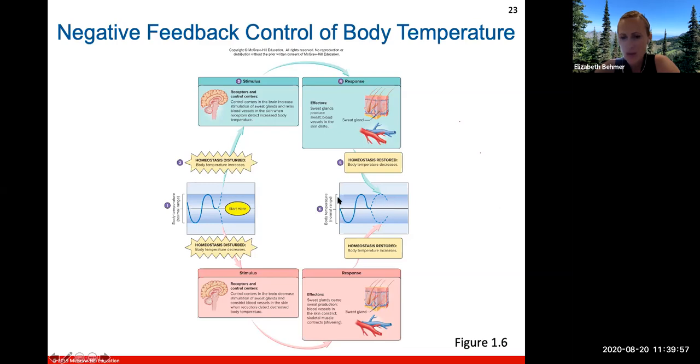If we go in the opposite direction, if homeostasis is disturbed and the temperature falls below that normal range, again, the stimulus will be detected by receptors in your brain that'll send out a response to effectors. It'll stop sweat production. It'll start muscle contraction, so that's the shivering. It'll try to cause you to shiver because when your muscles shiver, the movement creates heat. Your blood vessels will also constrict